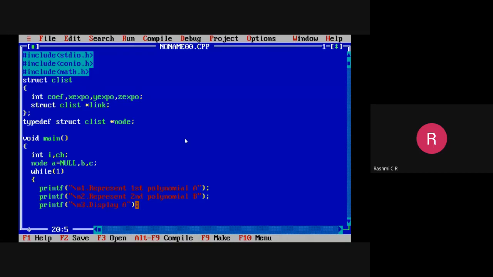And fourth operation is to display the second polynomial called b. Okay, so then fifth operation is to add a and b polynomials.